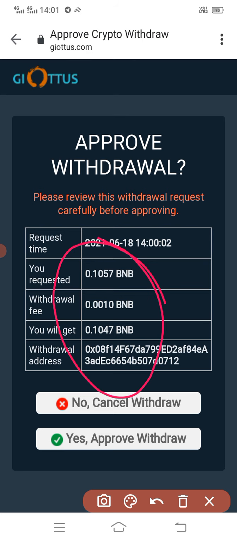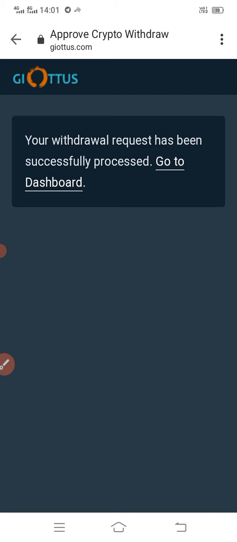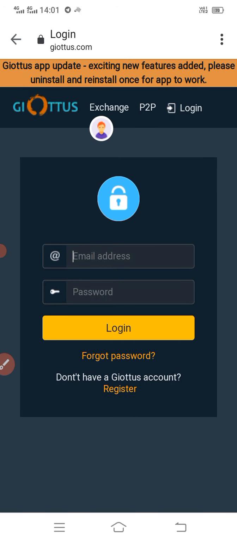So 0.0010 is the withdrawal fee for this address. I'll show you how much that is at the end of this session. I'll click yes, approve. Now it will be approved. Your withdrawal request has been successful. Go to dashboard. I'll go to the dashboard again.